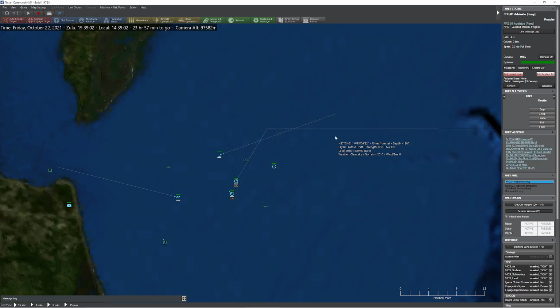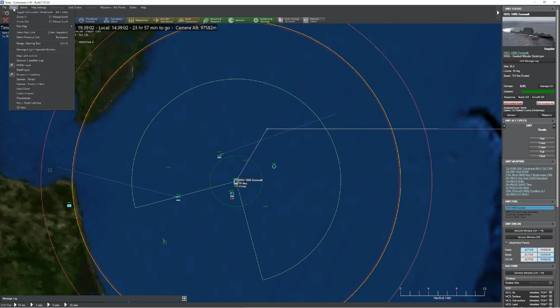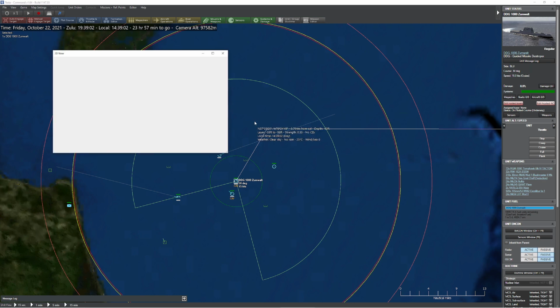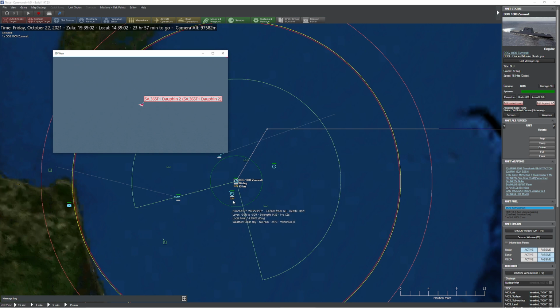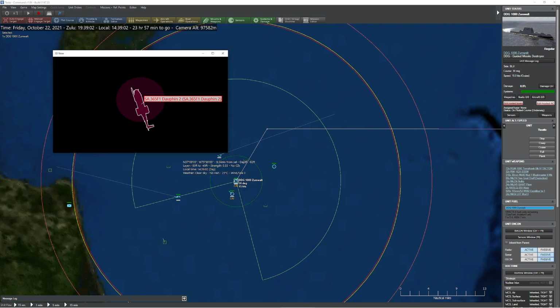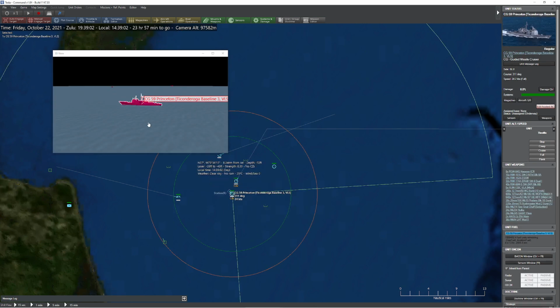Now, the other thing that's been added too is there are brand new unit files for TechView. So, for example, if I want to go up to my 3D view real fast, let's zoom in. Obviously, it's going to be a triangle because you're probably not going to have any models for him. Oh, there he is. Hey, look at that. So now what we have is updated